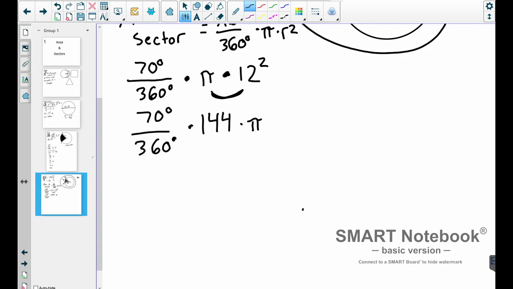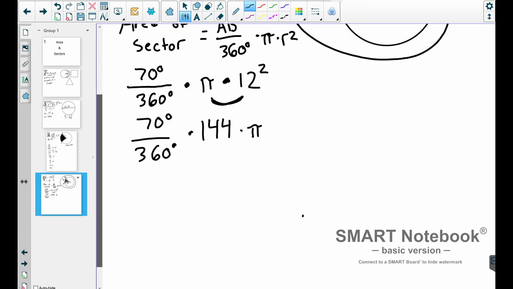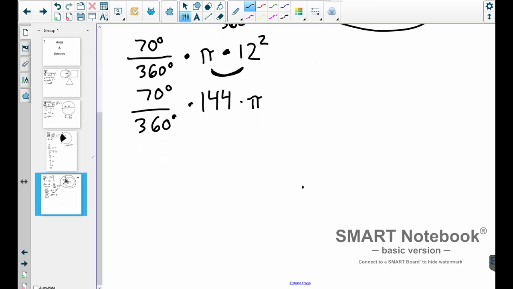So let's take the same slow steps we did last time to reduce this fraction. Makes things a little bit easier. One thing I like to do with reducing a fraction is we just get rid of the 0 on the end. So 70 over 360 is the same as 7 over 36. We times our 144 times pi. And then 7 over 36, I don't think that reduces anymore. Now all we do is multiply, and you would get 252 over 36